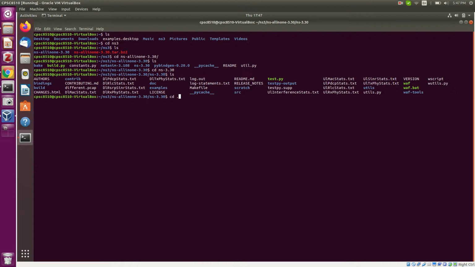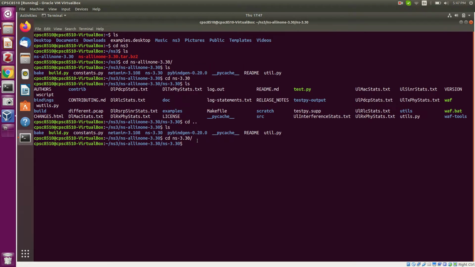But before that, let me say this one thing. Except for the NS3.30, the only other thing that you might need from all of this stuff is the NetAnim, which is basically a utility that you could use if you want to visualize what you're simulating. So let's say I was simulating 10 devices sending pings to each other. I could see an animation of 10 devices sending, broadcasting and receiving stuff in NetAnim, but I think we'll get to it later if we need to use it. So for now, let's look in NS3.30.